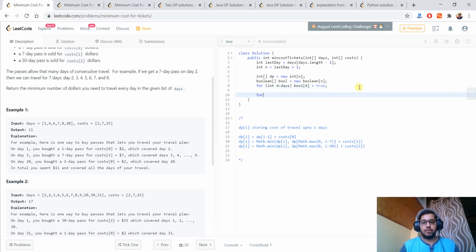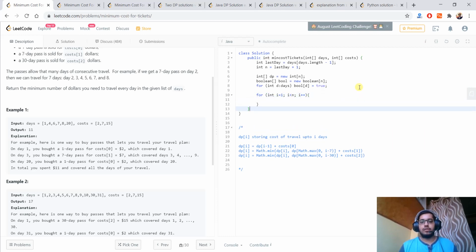And now we can use this dp to fill the values. So I will start from 1 and go up to n, i plus plus, and in this if